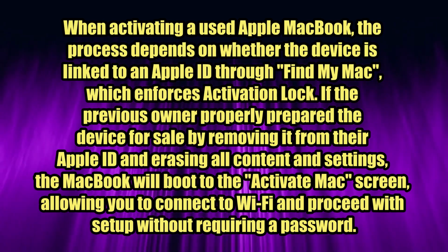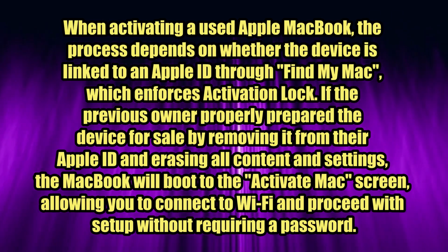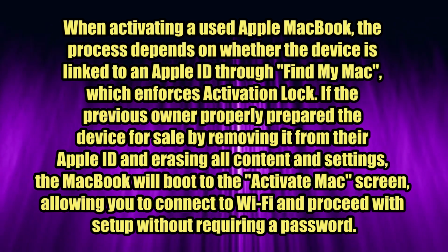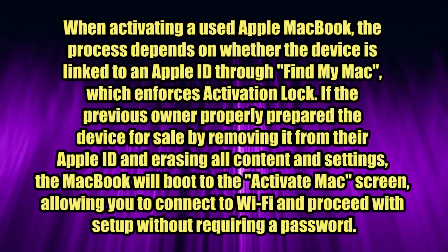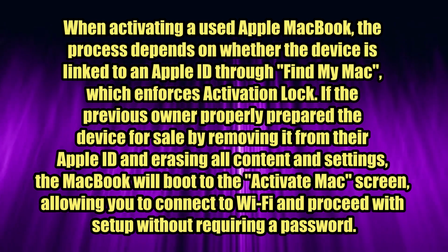By locked, I mean that the device still has a previous Apple account associated with it. Apple cannot or will not help you here. The item being offered should clearly state that the device is unlocked and ready to be activated by somebody else. If not, stay away. I have purchased several used, open box, and refurbished Apple and non-Apple devices over the past